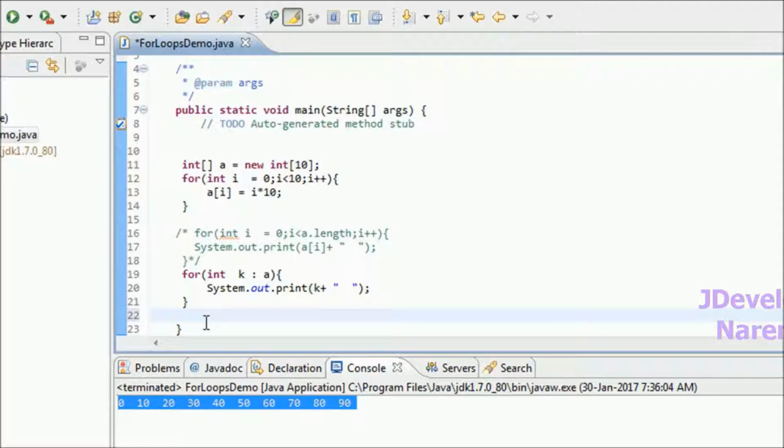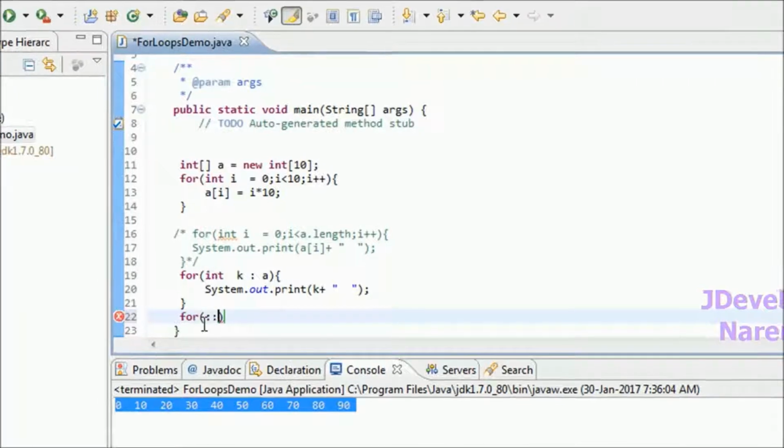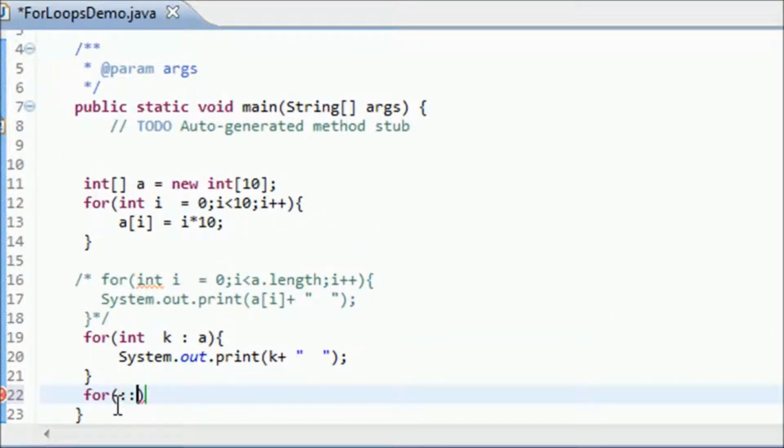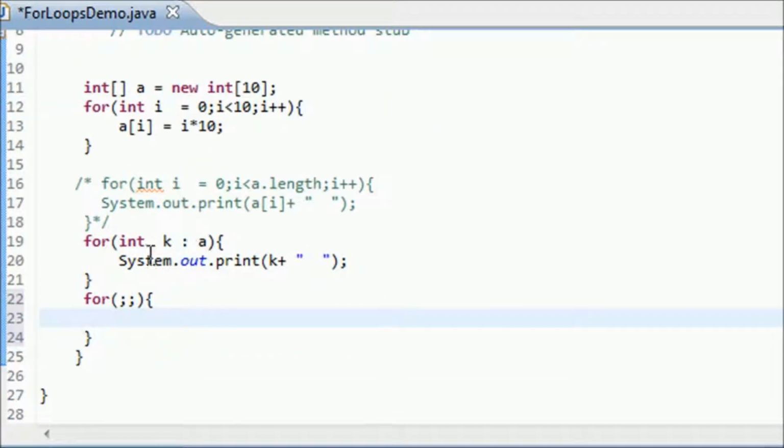Now you will see what an infinite loop is. In a for loop, if I give nothing, I am not giving anything, just semicolons, and I am printing some value.